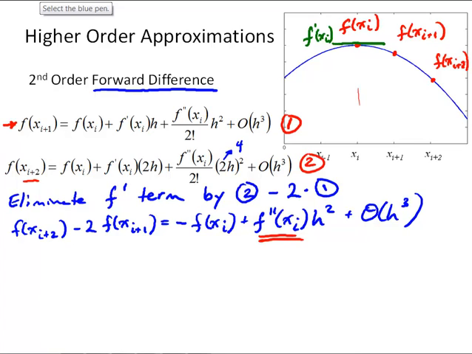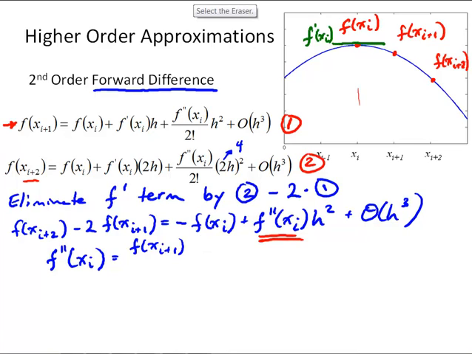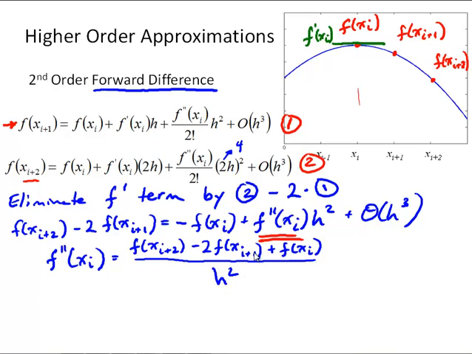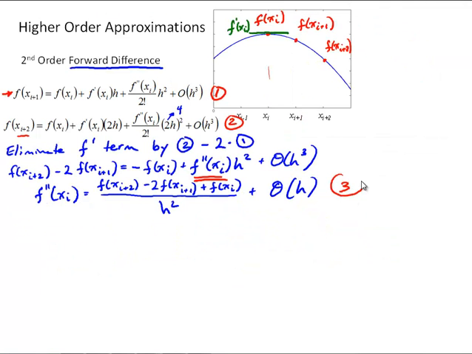So if we solve that for f double prime, we get the second derivative of xi is equal to f of xi plus 2 minus 2 f of xi plus 1 plus f of xi, all divided by h squared plus terms order h, because now we've divided through by h squared, so that drops the h cubed down to an h. So I'll call that equation 3, and I'm going to substitute 3 for f double prime in equation 1,